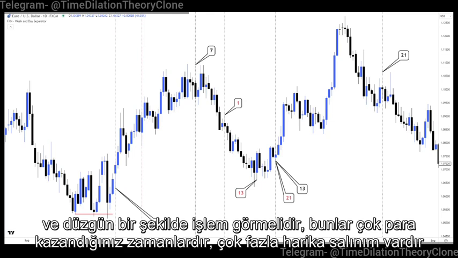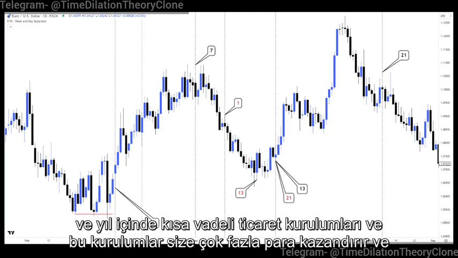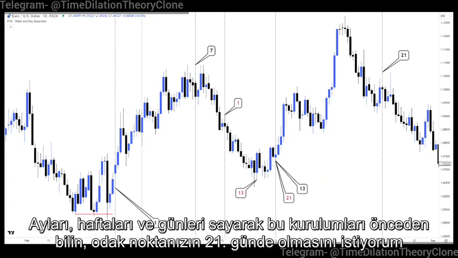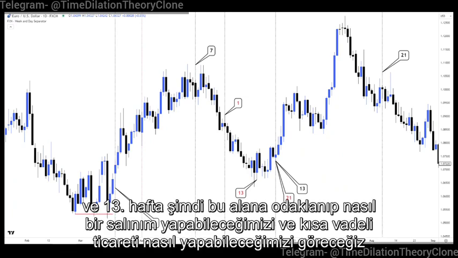There are lots of great swing and short-term trade setups inside the year, and these setups yield you so much money, and you can know these setups beforehand by counting months, weeks, and days. I want your focus to be at where 21st day and 13th week are. Now we're going to zoom in this area to see how we can take swing and short-term trade setups here